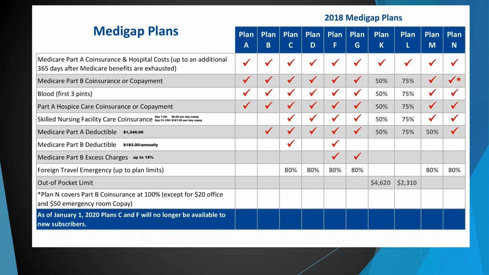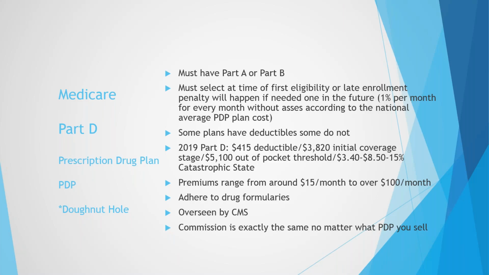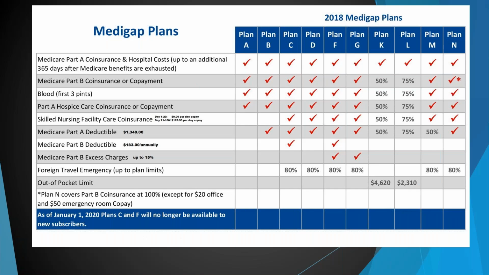So this is a good chart. We send this out to people sometimes when we're trying to convert them from F to G, when they don't believe us that there's only one difference, especially when the price is over $100 a month. So what else do you need when you go with original Medicare and a Medicare supplement plan? And I just want to tap over here real quick.